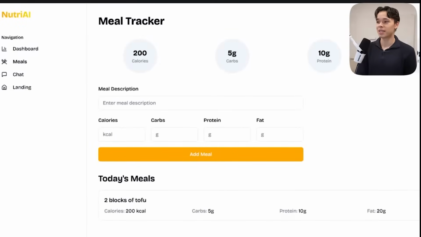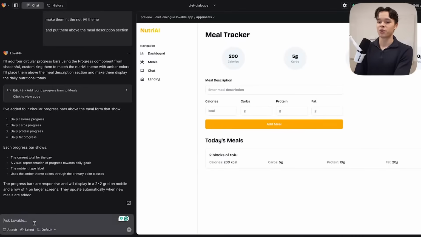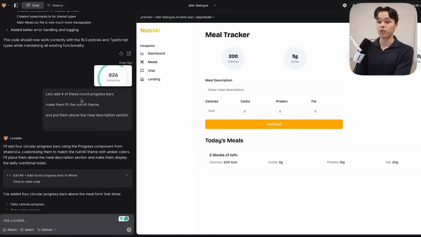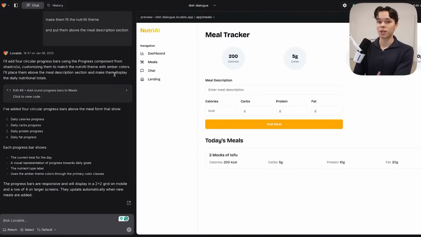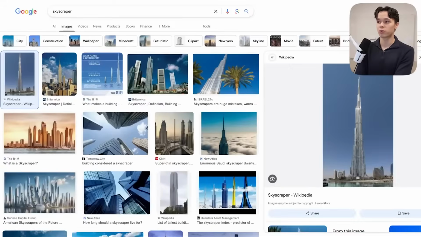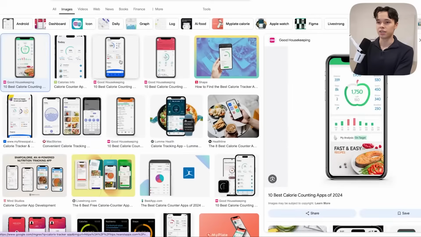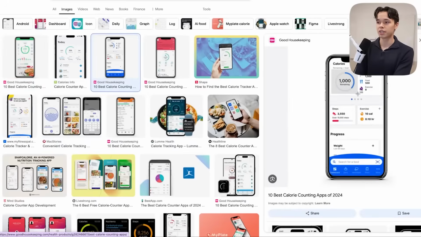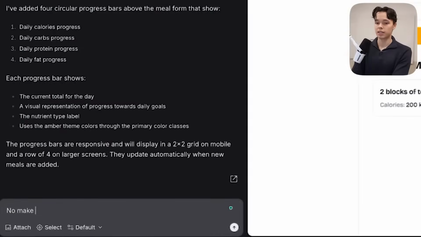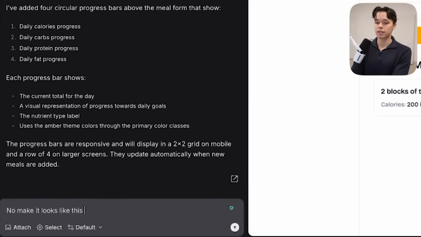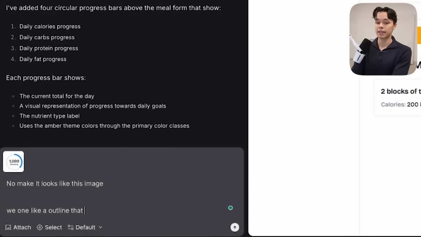Yeah, and here we have the progress trackers. So I don't actually think they look great. I think they look very bad, actually. So I think the keyword that I used was round progress bars. That might have been a bad description. So I'm just gonna try to rely more on these images. So I'm just gonna take an image. Let's see here. So I'm gonna take this image, and then I'm just gonna say, make it look like this image. Outline that gets filled in with